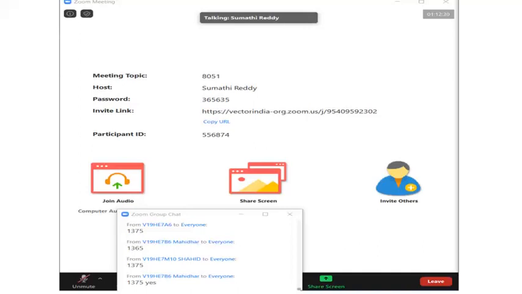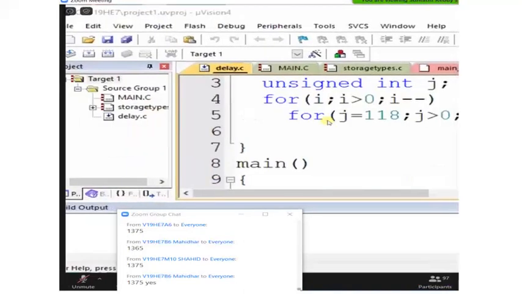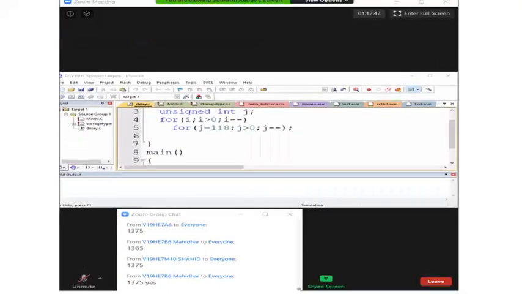And one other thing, let me tell you, because these are cross compilers, the code generation will change a bit from one compiler to another compiler. So whenever you observe there is a small change in the delay, you don't get confused for that. Because these are cross compilers, they will automatically optimize the code without your information explicitly. It will optimize the code.